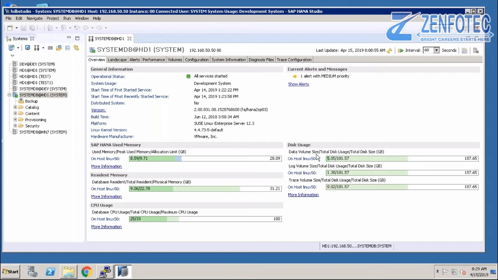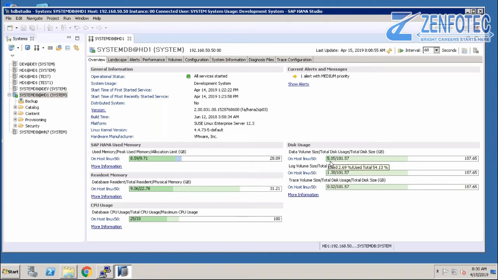This 5.05 will not be common between the tenant and the system DB. It is not common. This 5.05 is the data volume size for the system DB. If you want to see it for the tenant, you have to log in to the tenant database and see it from there.